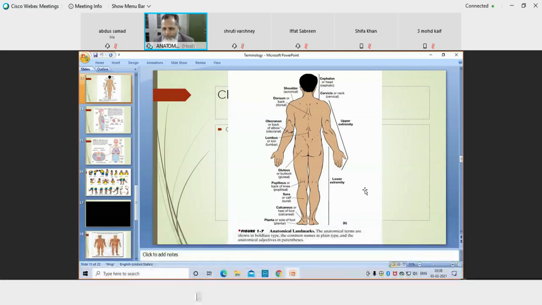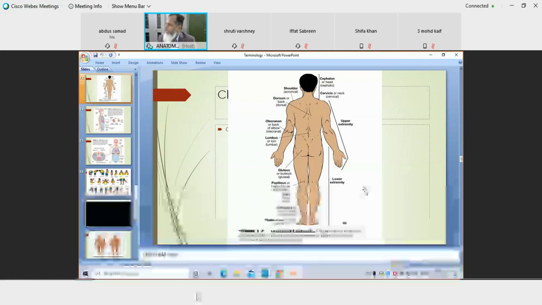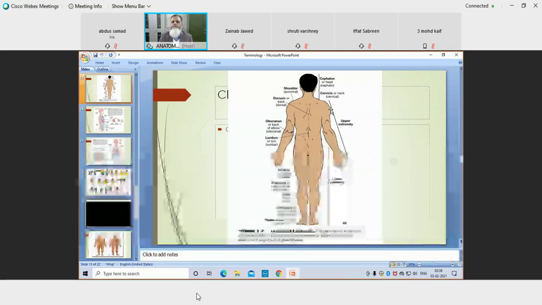Okay, चलो ठीक, आगे हम चलते हैं। Moving to the terms now which are being used in relation to the upper limb. अभी तक हम बच्चे किसके रिलेशन में टर्म की बात कर रहे थे? Trunk of body. Trunk. Yes. Cranium. Now I am going to tell you the terms which are being used in relation to the upper limb. ठीक है?